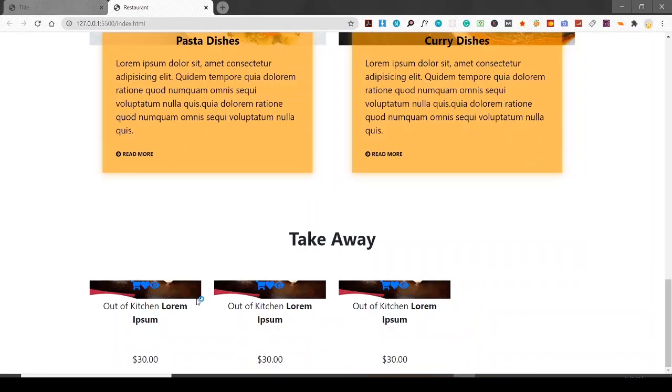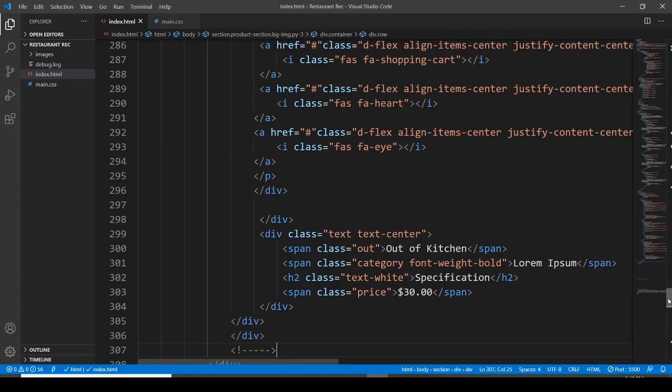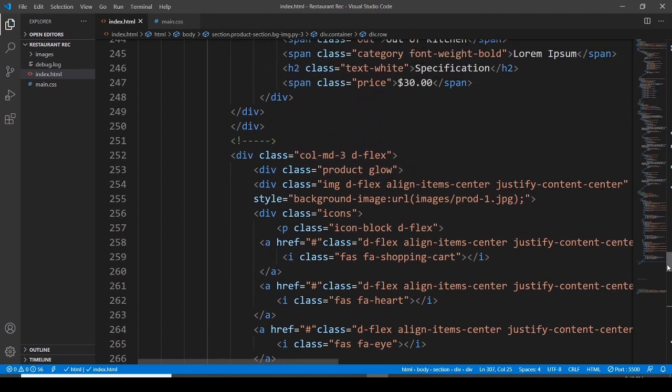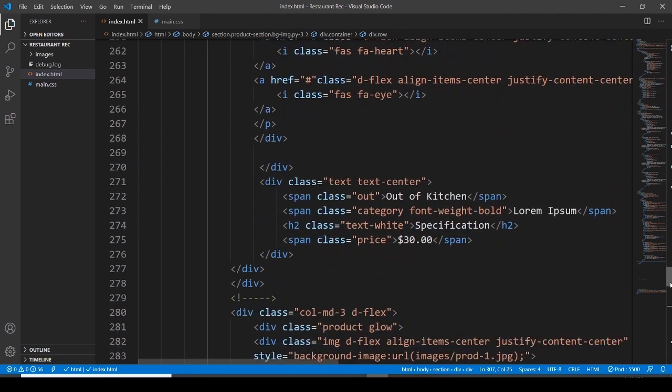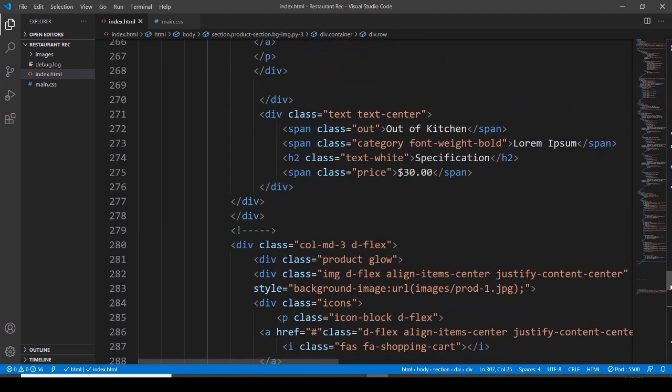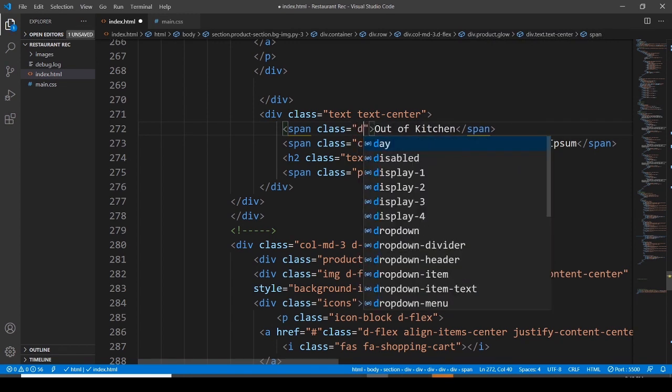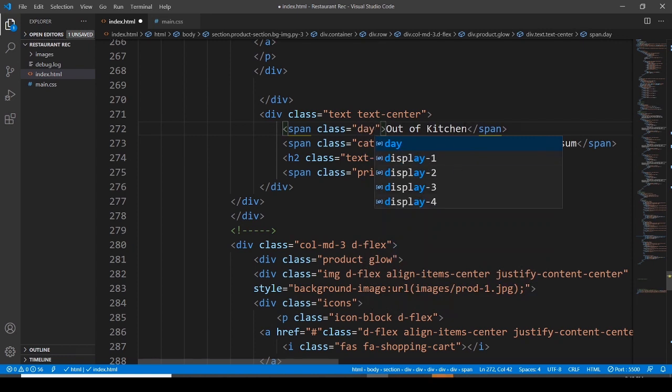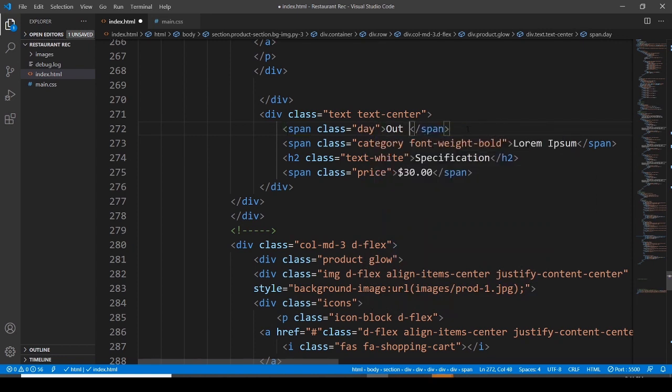Okay, so we do have these 3 images. Now let me fix something. What is that something? What I want to fix is, first one is out of kitchen, and then I want to use the second one, this out of kitchen. Here the class is going to be day, so the class is going to be day, and here I want to go with it,